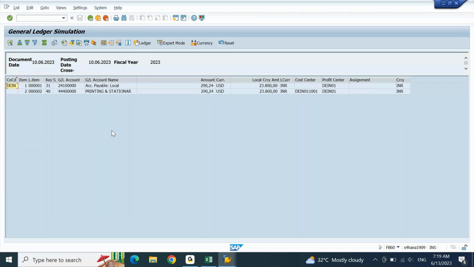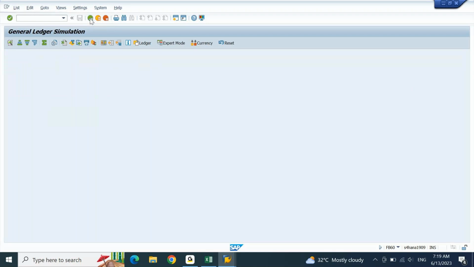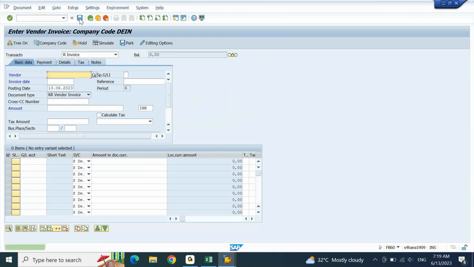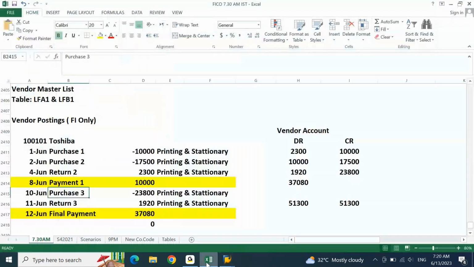Okay, just go back and pass this entry. In this screen, you can complete the transaction quickly. Instead of F-43, this will take less time to complete a transaction. Now, after posting this transaction, our outstanding should result